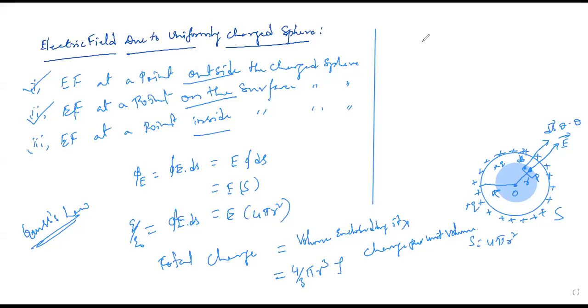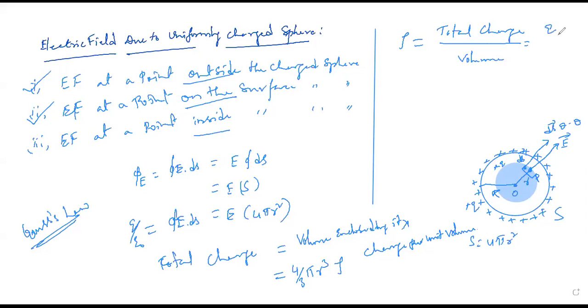That means the charge is uniformly distributed around a sphere of radius R. So now the total charge with respect to the sphere, this is the actual sphere. Therefore, the charge density should be written as the total charge per unit volume. The total charge is what we have taken, plus Q, correct?